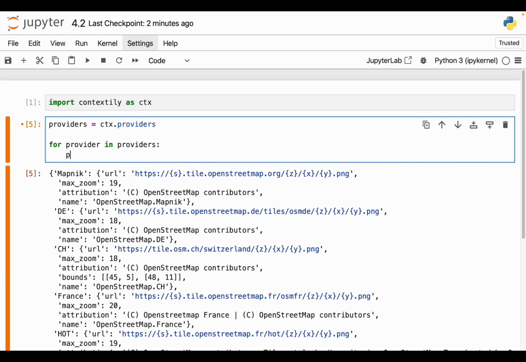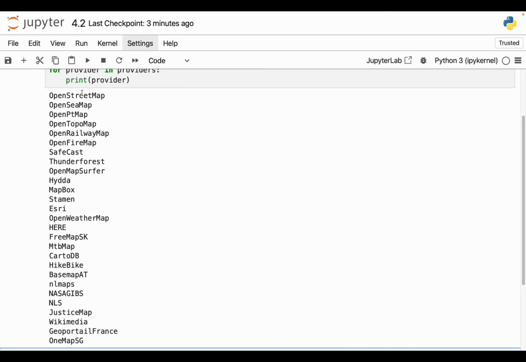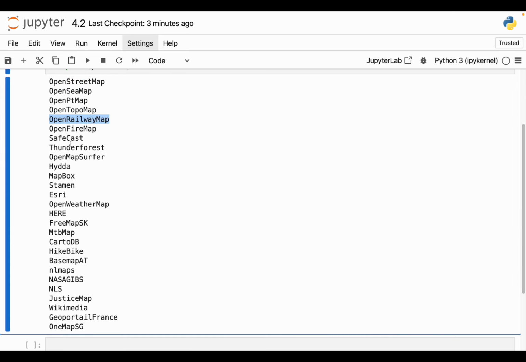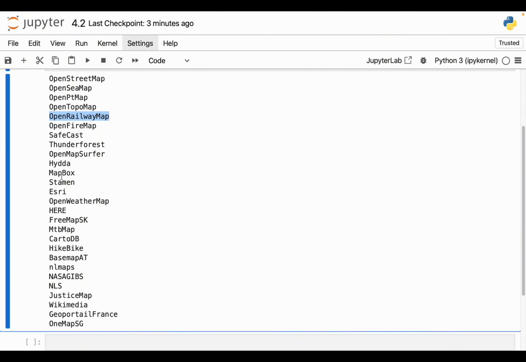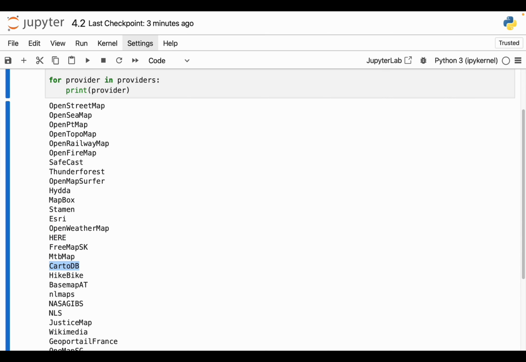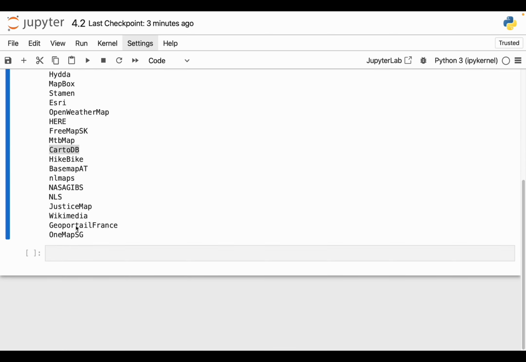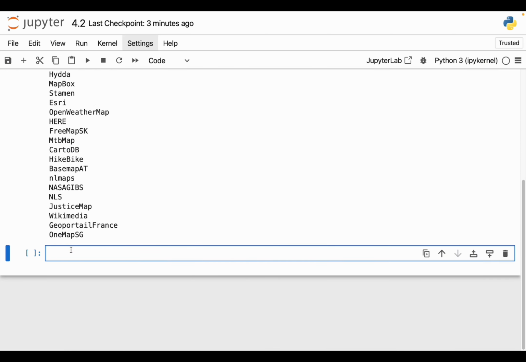So let's see which providers we can use here. And they have OpenStreetMap, OpenSeaMap, topography map, or rail map. So there are a few OpenStreetMap derivatives here, and there are proprietary things like Mapbox, Esri here, or CartoDB, or even Wikimedia. So I recommend to test as many of these as you want, or just visit their websites and see which of these you like. Here I will show you just two examples. For instance, the